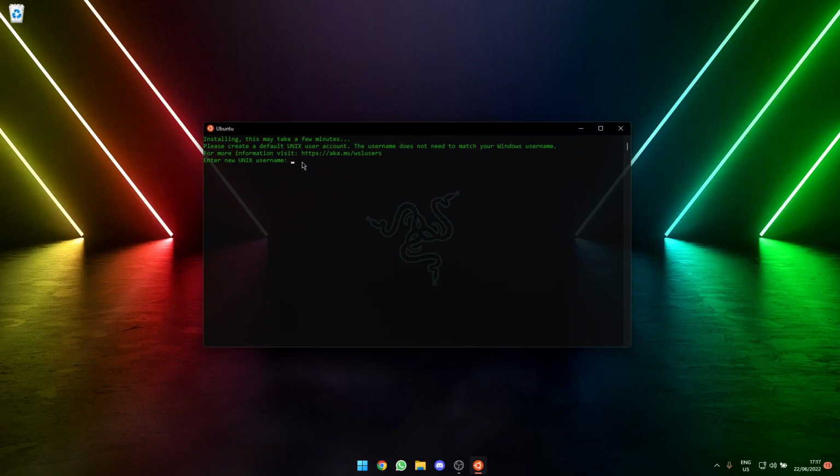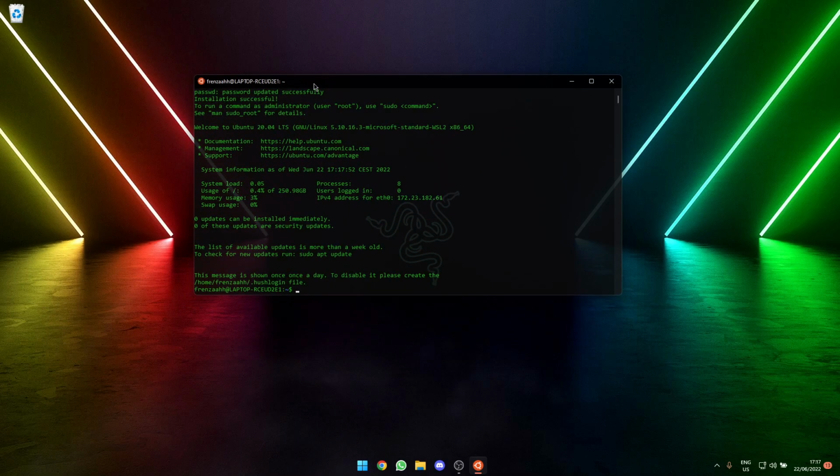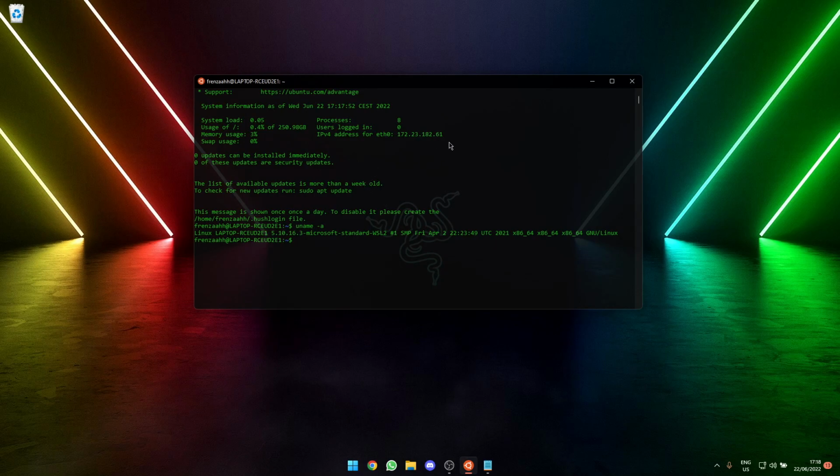If you restart your system, it's going to show you that it's installing and might take a few minutes, but for me it's already done, and it asks me to input a new Unix username, which I will. It's just going to be this, then a password, another password, and then right now I'm inside of Ubuntu. Okay, what you want to do from here is